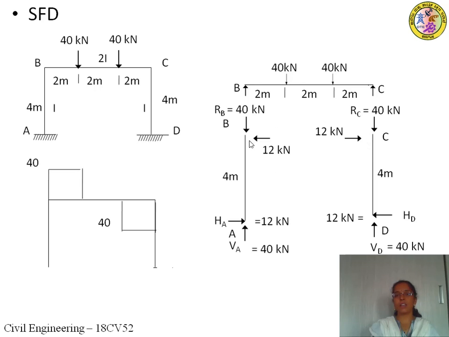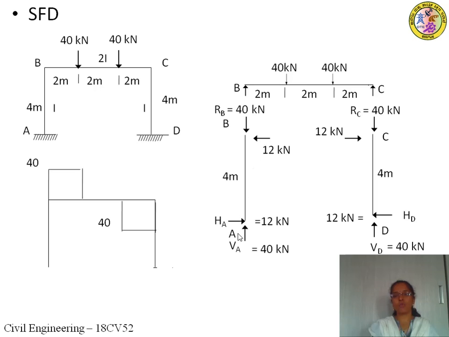That is the principle of superposition. So we are adding a system of equilibrium to the existing force system, so that there will not be any change in the existing force system. Okay, so we have added a force system of 12 kilonewton which is in equilibrium. Okay, so let us consider these two forces. So HA is also 12 and this is also 12. Okay, so these two forces are two equal, opposite and parallel forces.